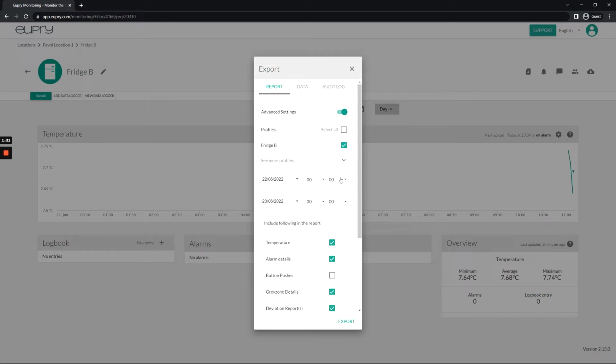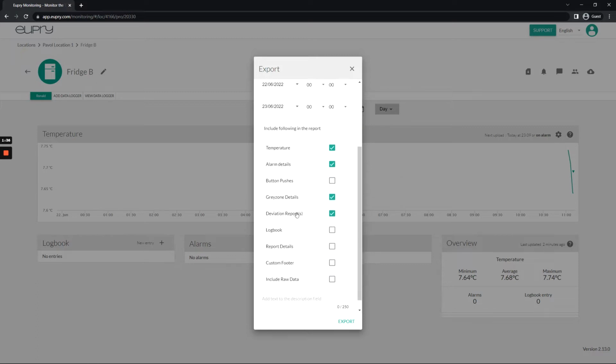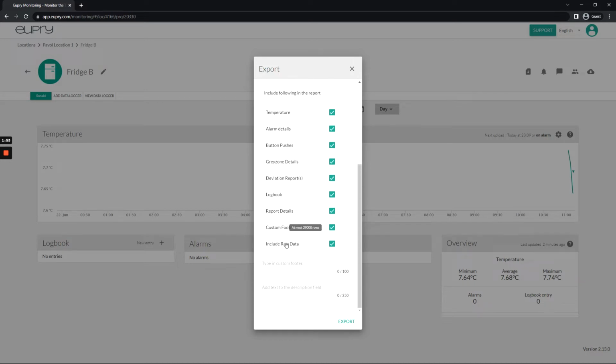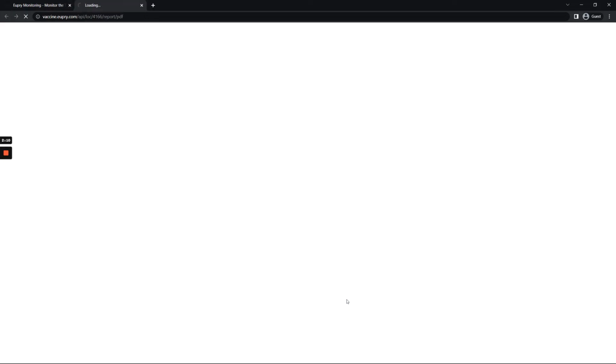From what date and what specific time. So from when till when, that's fine. Here we can include specific sections. Let's say that we want to include everything, even though I don't have any comments in the logbook, so there's not going to be so much. But let's say we want to also include raw data. That's always nice. Be aware that raw data can be displayed in the PDF report, maximum up to 29,000 rows. We can type in custom, we can write hello. That's fine. Export,